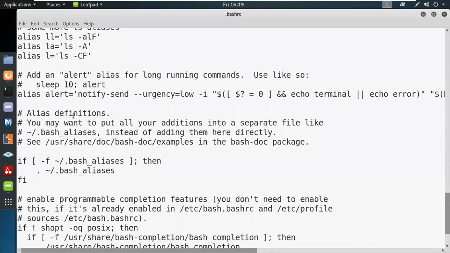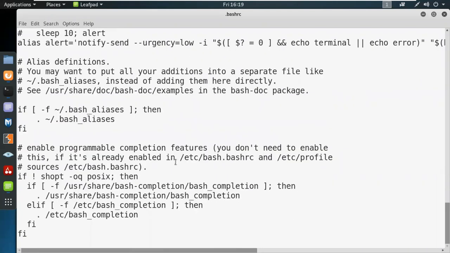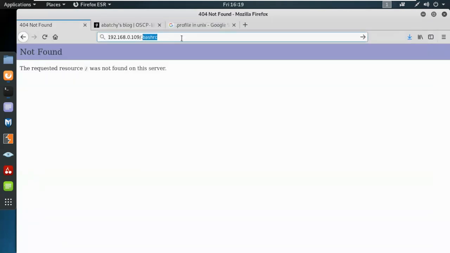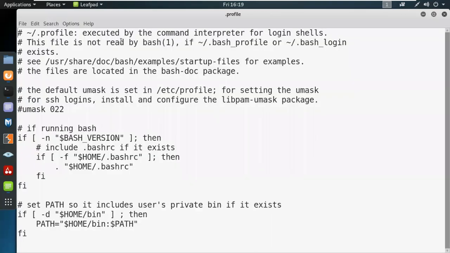If I say elapsed information, you may want to put all of the additions separate. So there is nothing much more than a simple environment value. And if you look for the profile file, dot profile, you will see there's only a home directory user path type, user bin path. So the most important part over here is